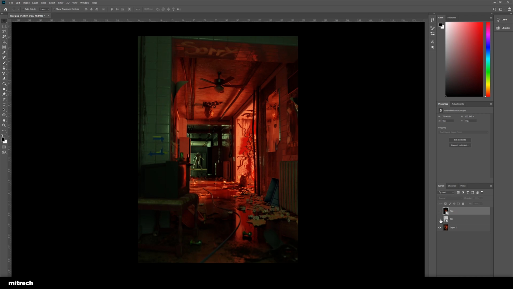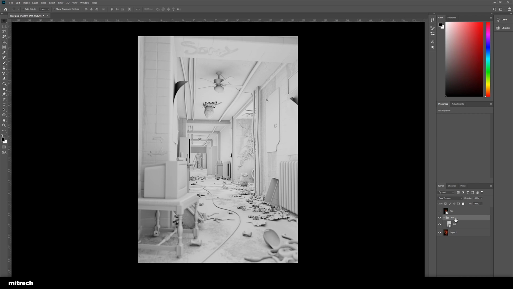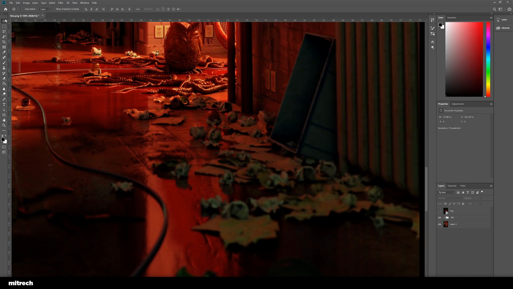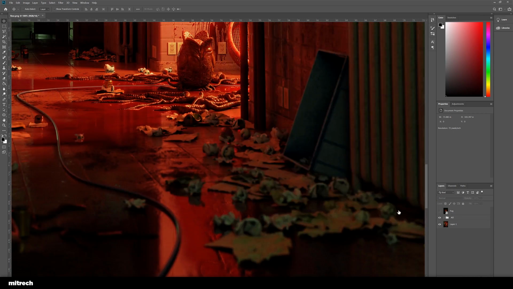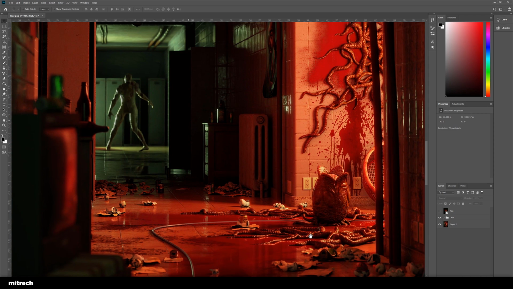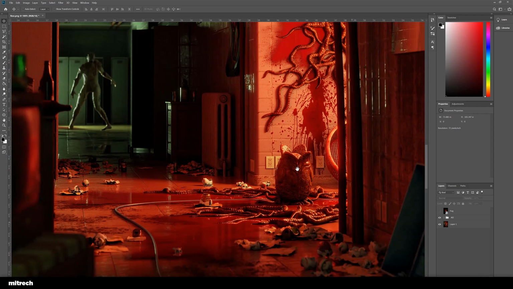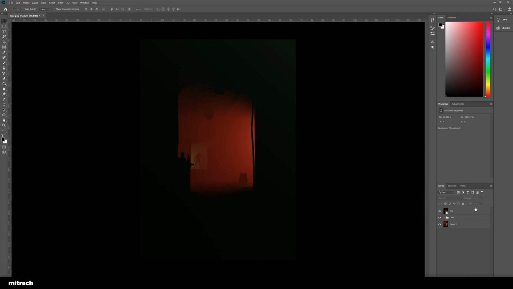Alright, so the AO pass, what I do with it is make a levels adjustment and play around with it, right? Then just set that to multiply and look at the difference an AO pass does to your scene. I always recommend, anytime you render something with Cycles, just go ahead and enable the AO pass and get an AO pass for every render that you do, because look at the difference this makes. It makes everything more connected to the world.